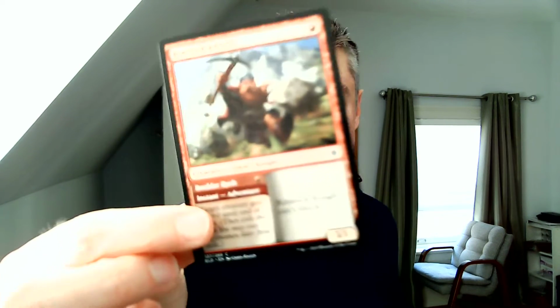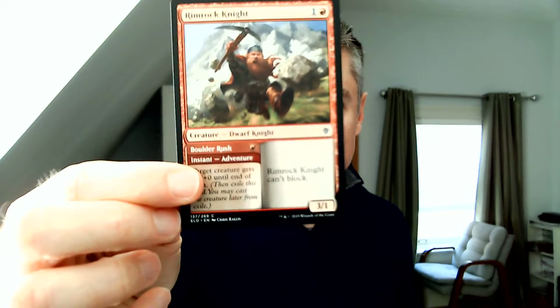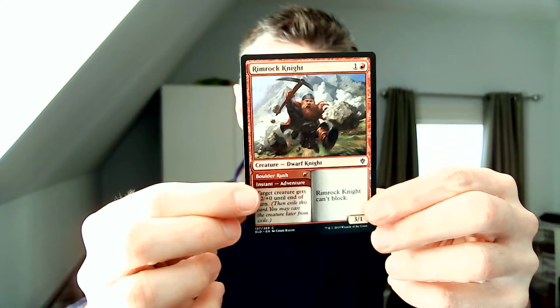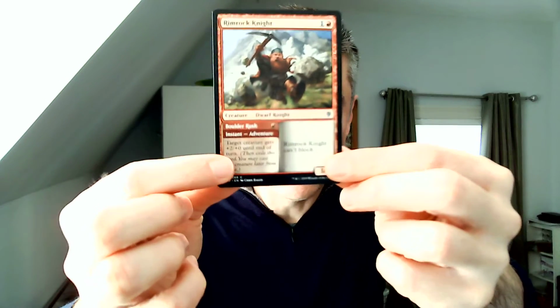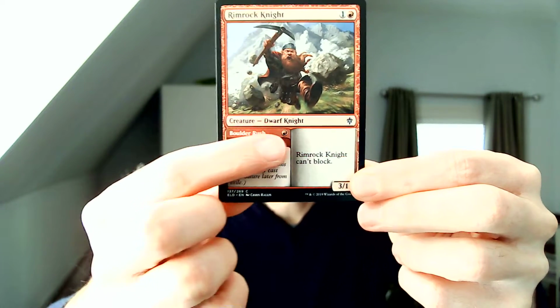It's called Adventure. They're all creatures, and they each have an adventure option on them. So from your hand, you can play it as a creature, as normal for the casting cost, or you can play it as this mini card down here. It's an adventure card. This one happens to be an instant. To play it costs 1 red mana, and the ability says target creature gets +2/+0 until end